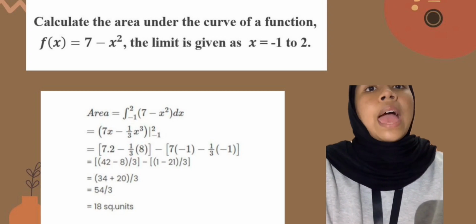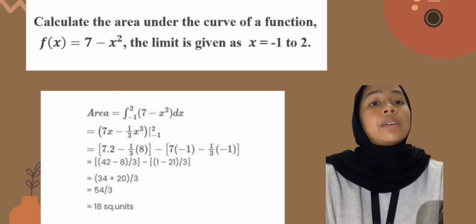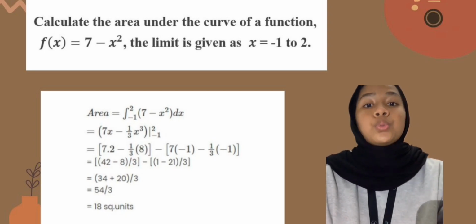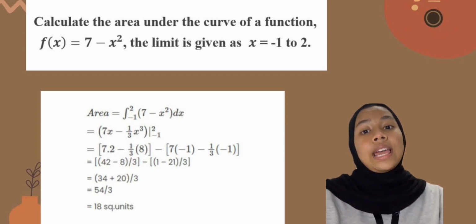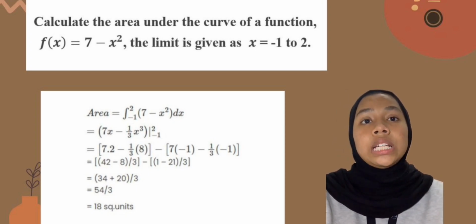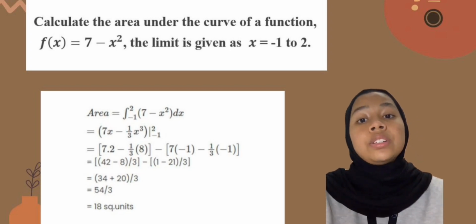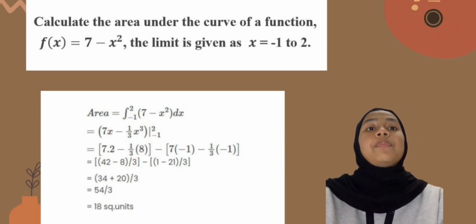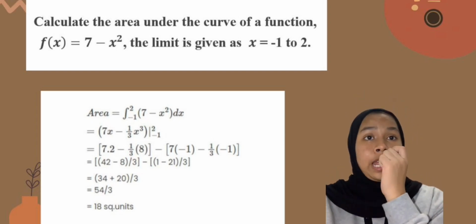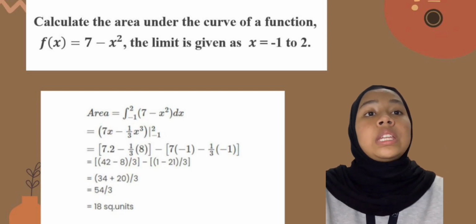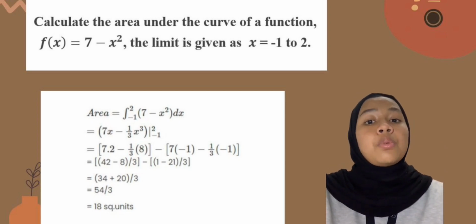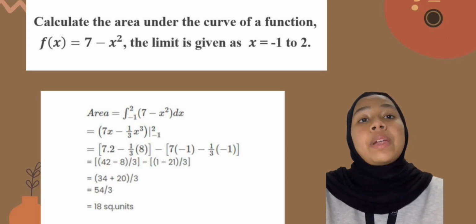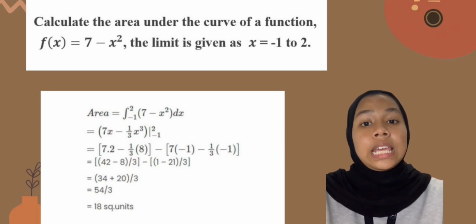It is given as y equals 7 minus x squared. The limits are given as x equals -1 to 2. Okay, for the next slide is the calculation of how we find the area. So area equals the integral from -1 to 2 of the bracket 7 minus x squared dx. When we integrate, we must remove the dx, and the limits of the integral we put at the back of the bracket. So this equals, in brackets, 7x minus 1 over 3 x cubed